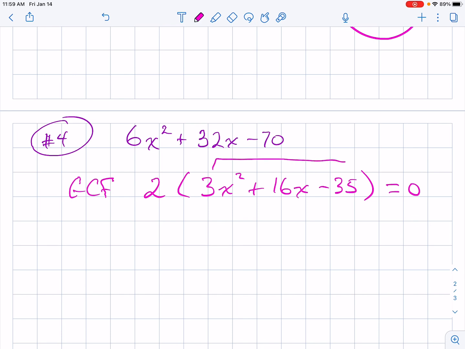All right, 3 times 35. I'm looking for something that will give me 3 times 35 that adds to